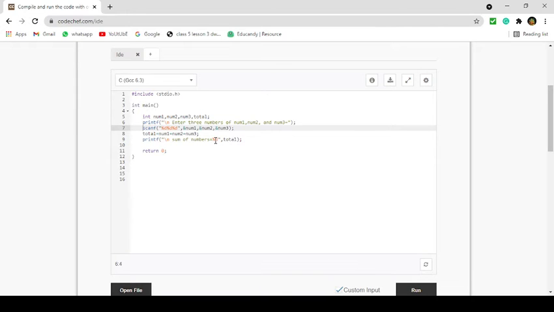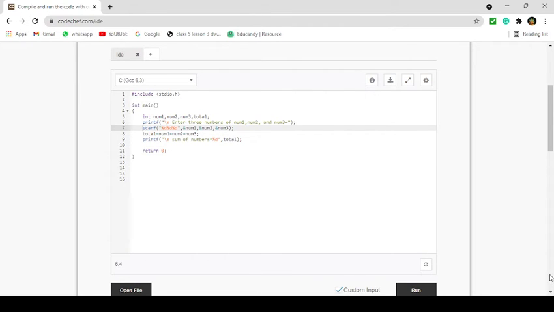Here %d is used for showing which data type of value is shown on the screen. Comma, total is used for the output because after the addition of the three numbers num1 plus num2 plus num3, the result goes into the total variable. So for showing the result we use the total variable here.